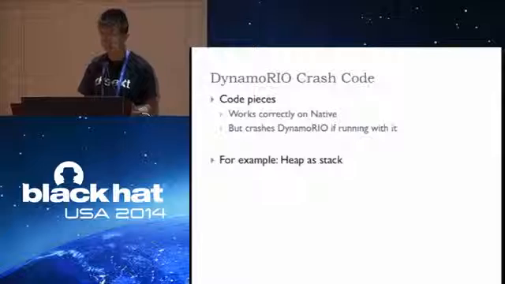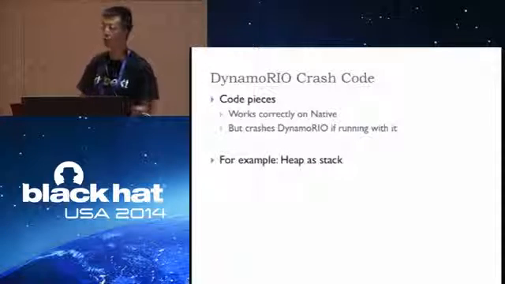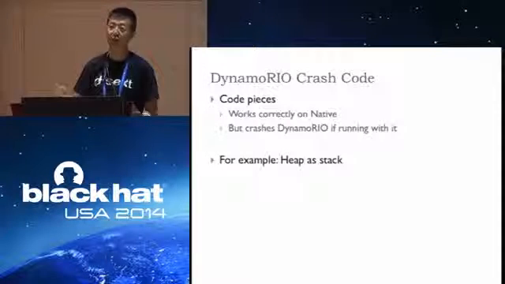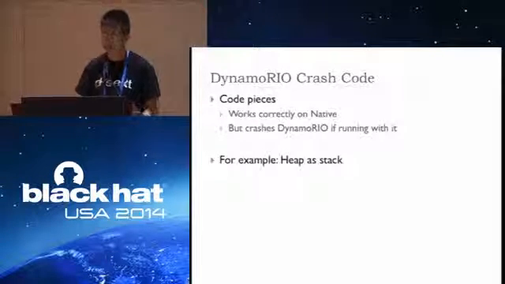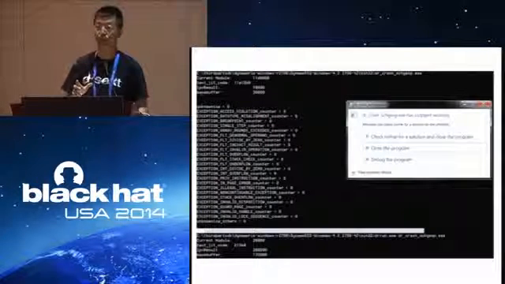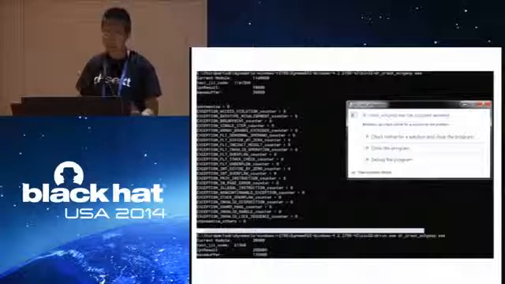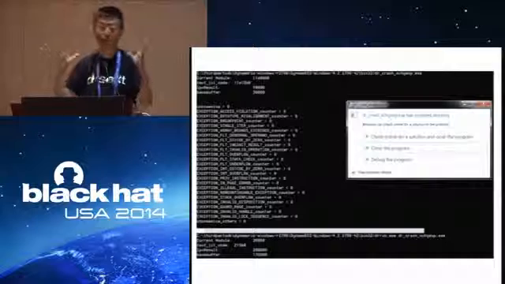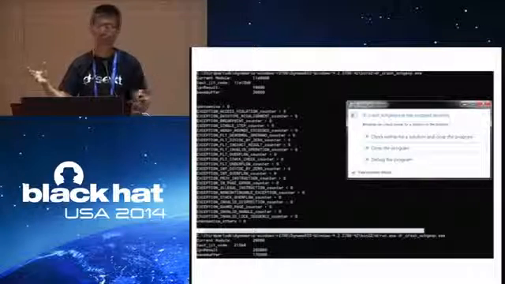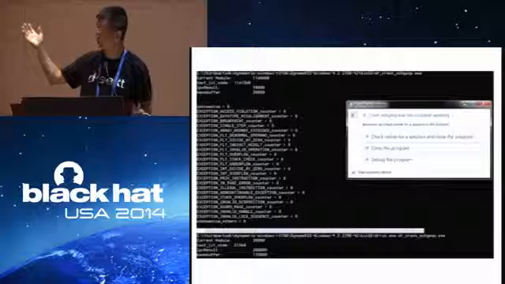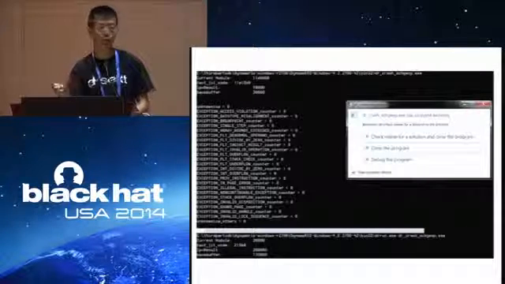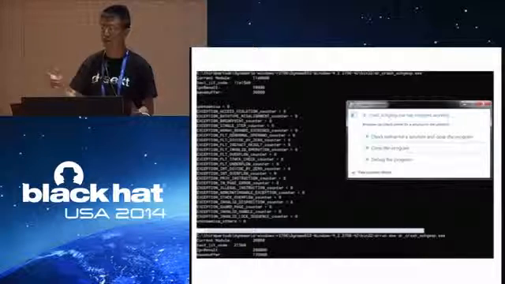Here's one example. We wrote a piece of code that makes a stack pivot. It uses the heap as a stack at one stage. Here's a screenshot of running our program twice. The top half is running this code without the DBI, and it just ran and shows some output. The bottom part is our second run under the instrumentation platform, and you see there's a pop-up window